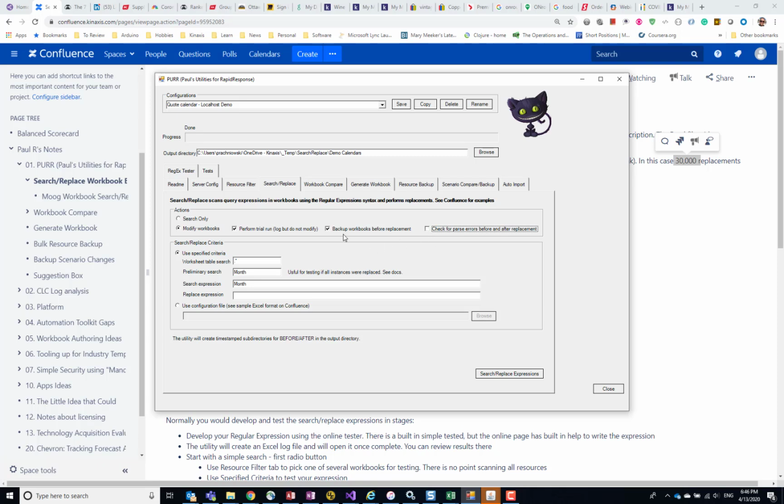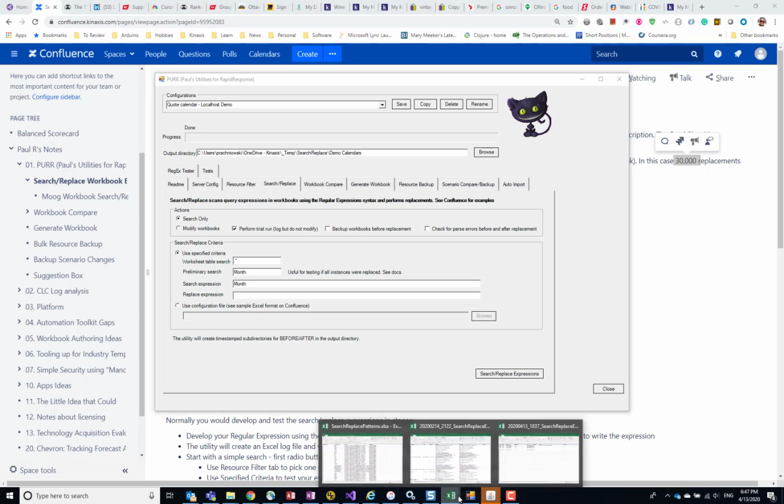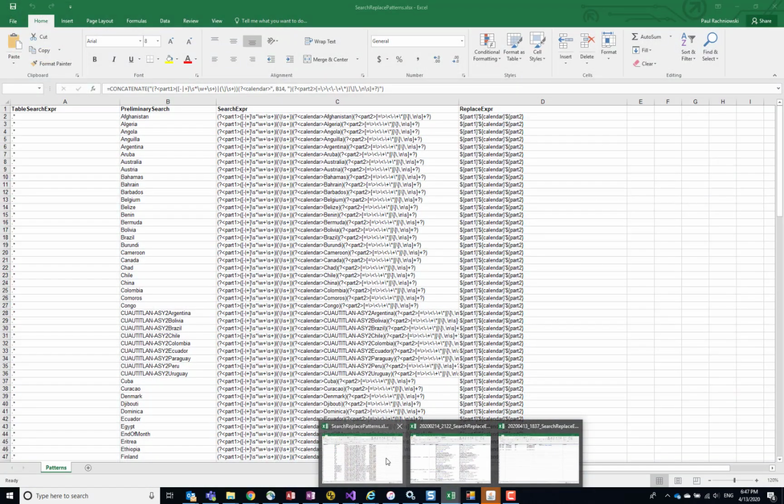I would start with just a simple search, and you can have just a single expression. It actually is made up of 4 places, or you could have an Excel file. Typically you're going to need an Excel file. In case of calendars, there is a file that looks more or less like this, and again we'll try and